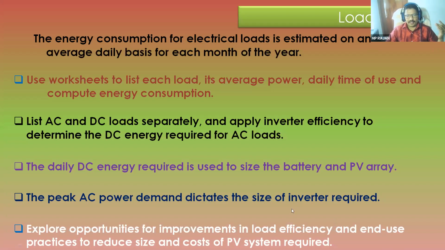Okay, at the meantime, as we all know, we should try to reduce our load also in our house. I used to take this opportunity to tell you, nowadays new LED lights are there. So replace all the fluorescent or CFL lamps with LED so that you can reduce the energy consumption. Okay, nowadays inverter ACs are there. So many smart appliances have come in the market which will reduce the electrical consumption. So if you can reduce the electrical consumption, consequently you can reduce the cost of installing a solar panel.